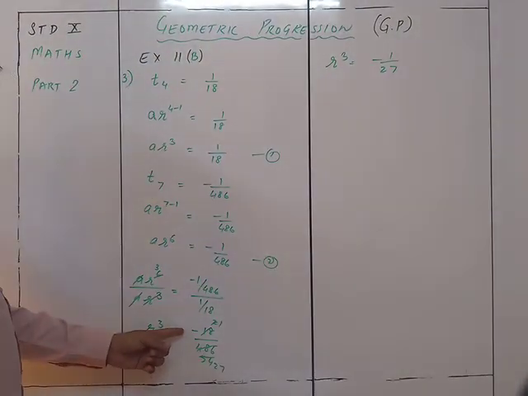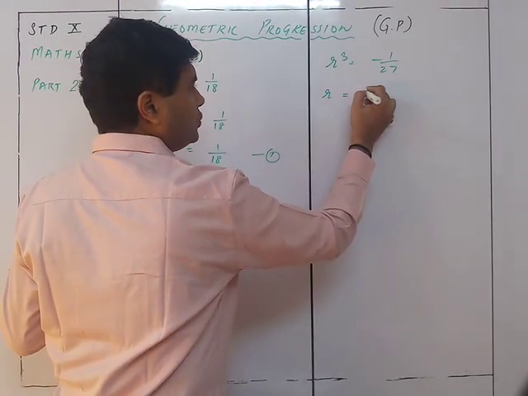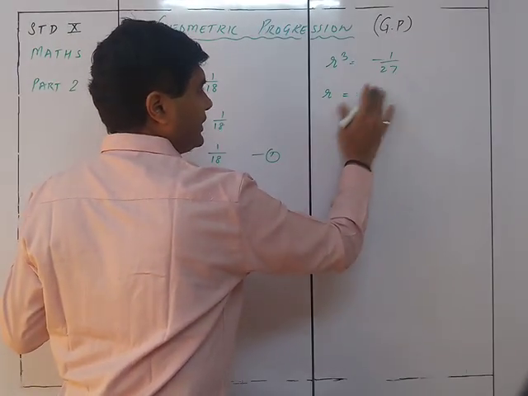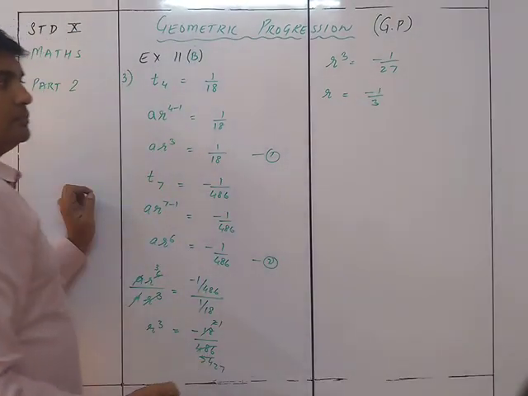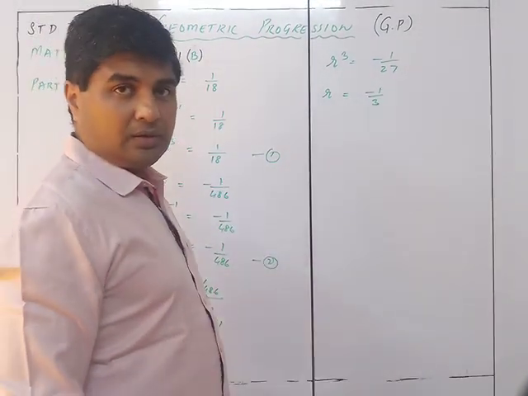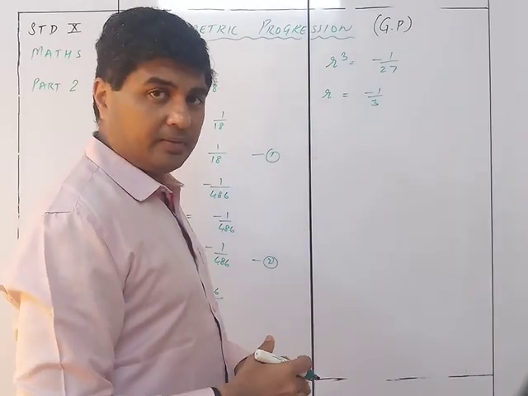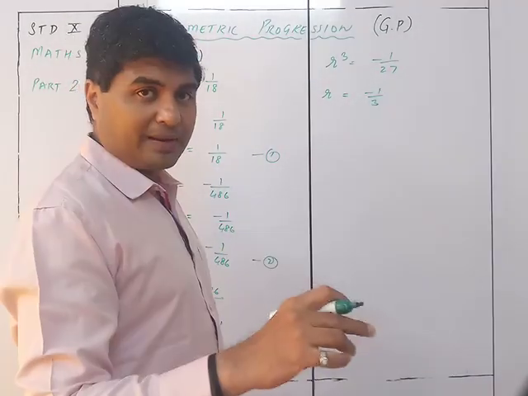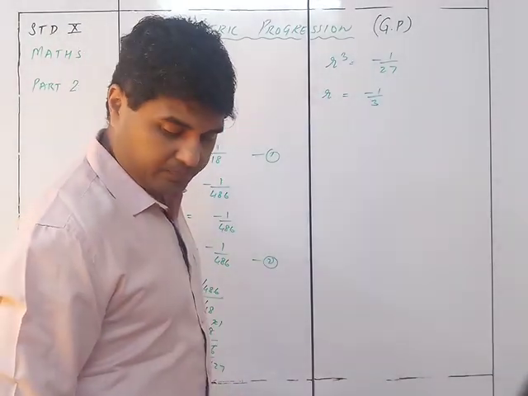See the negative sign. Don't forget that thing. So accordingly I get R is equal to minus 3. Sorry, R is equal to minus 1 upon 3. Okay, because the minus sign is there. So R will be minus. It cannot be plus. It has to be minus, because minus into minus into minus will be minus. Minus into minus is plus, plus into minus is minus. So R is equal to minus 1 upon 3.